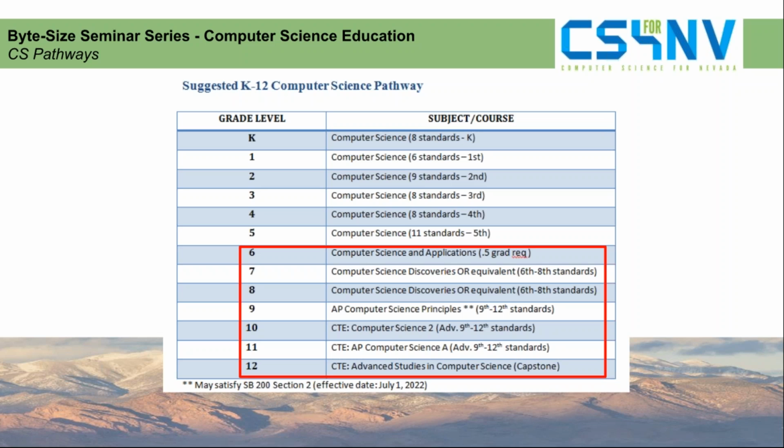All right, Russell, can AP-CSP be standalone and not count against CTE completer? Yeah, they are looking at that. There are a couple of things, which is why the CTE department hasn't just rushed to change their course sequence, because they need to look at how it affects funding. And you don't really need any additional funding for your principles course, especially if you're using code.org. It's online, it's free. There are no additional costs with that.